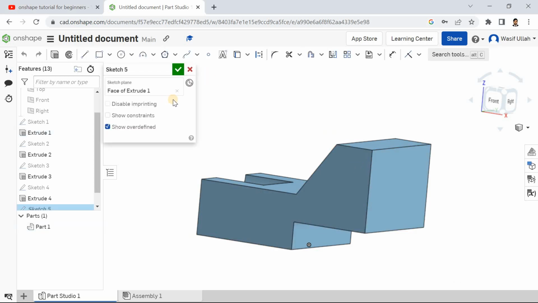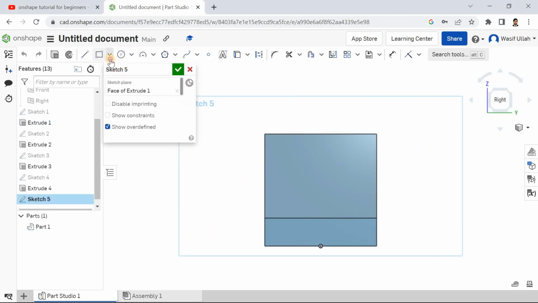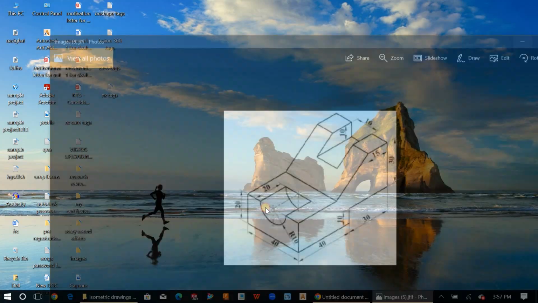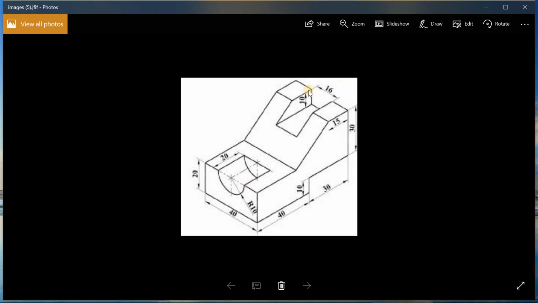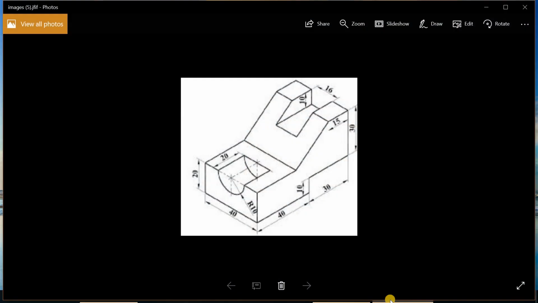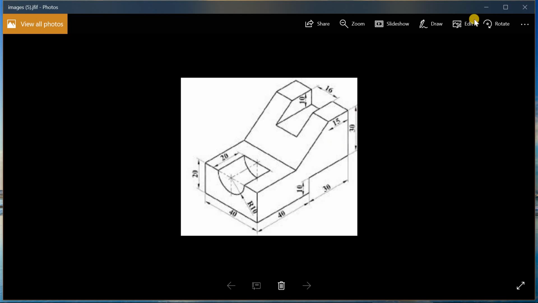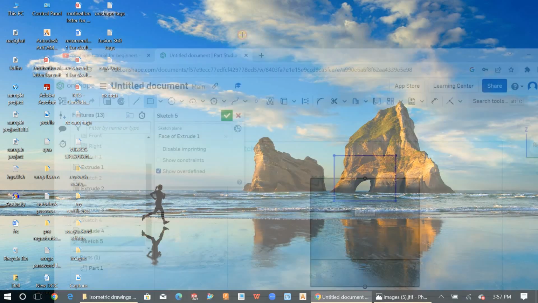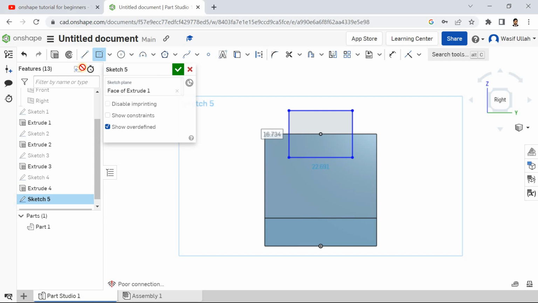Again I will choose this face, go for sketch and make it normal, and go for a center point rectangle like this. And if you look at the dimensions, it becomes 16 by 10. 16 is the width and 10 is the depth. So for now I will go for the line to close this sketch. I want to go for the trim entities,